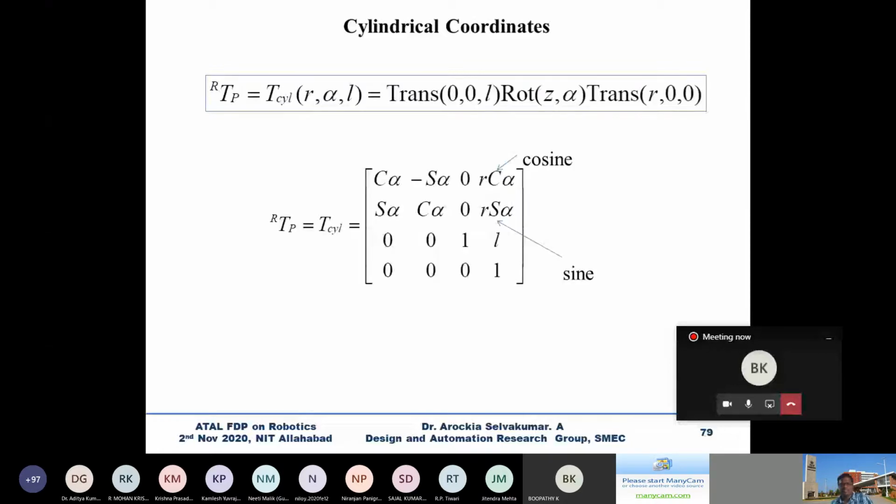So coming to the next one. Once you have done this, your matrix will be like this. Okay, so now based on this particular matrix, what you can understand is that in the last column, the first three parameters are important. What is that? Cos alpha multiplied with R, and sin alpha multiplied with R, and then L. So these three parameters will give you the final position Px, Py, and Pz. Are you getting? So based on the first three parameters of this last column, you can find out the values. For example,